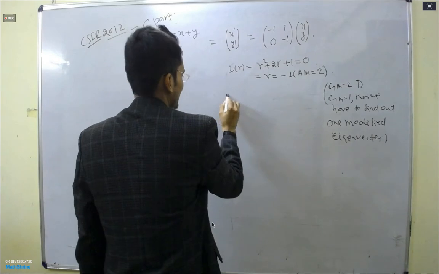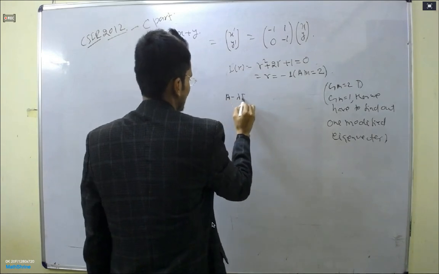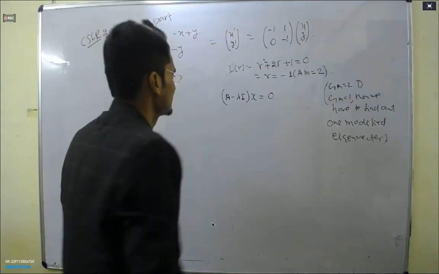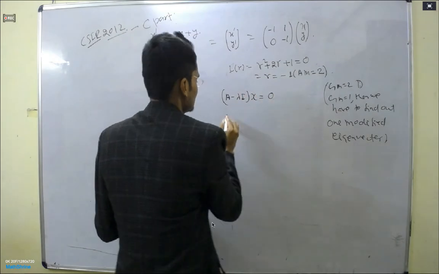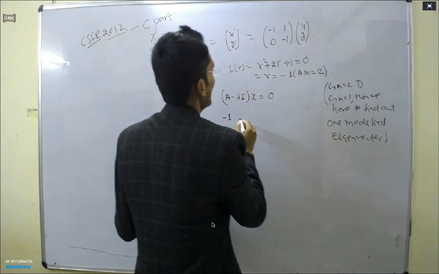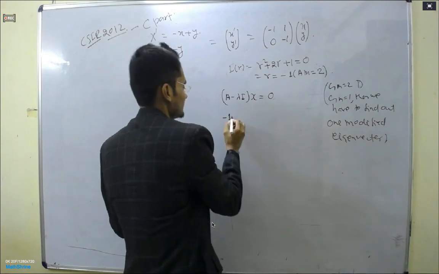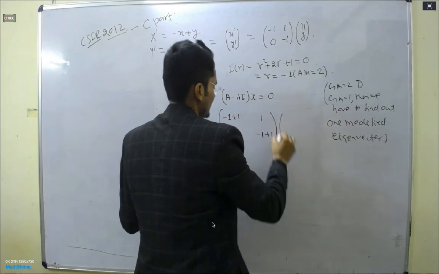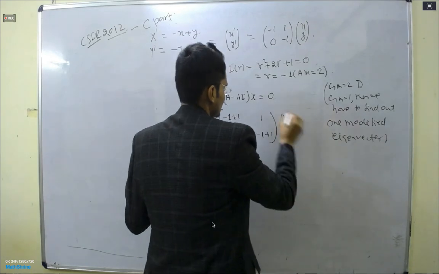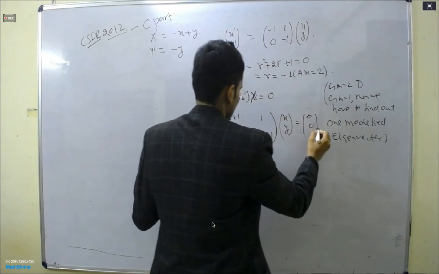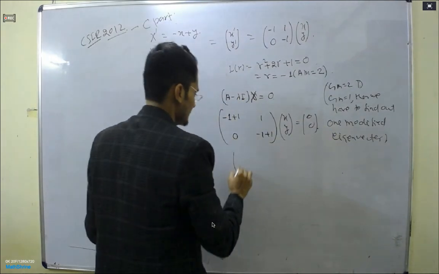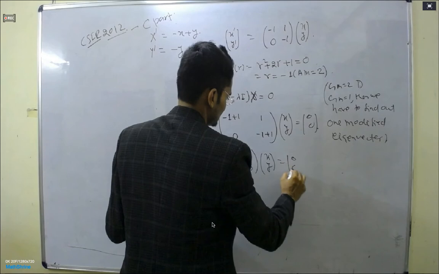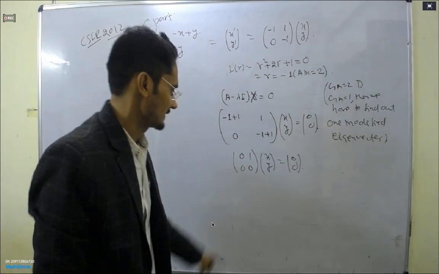From the first row, this will tell you y is equal to 0. What is x? We cannot determine x under the given equation, meaning x is free. Here y is 0, but x is free. So the answer will be x comma y, where y is 0. Keep x as it is because x is free. Now take x outside. It will be your 1 comma 0, and this is your eigenvector V1.